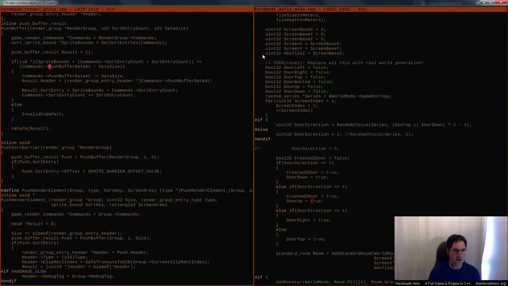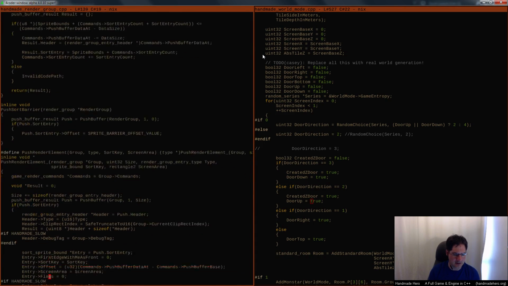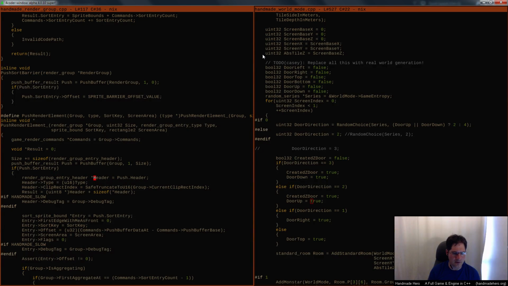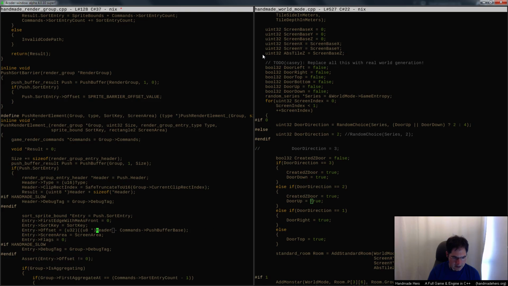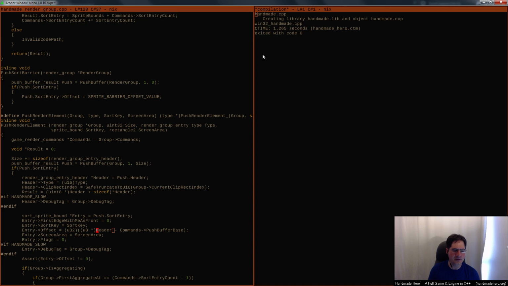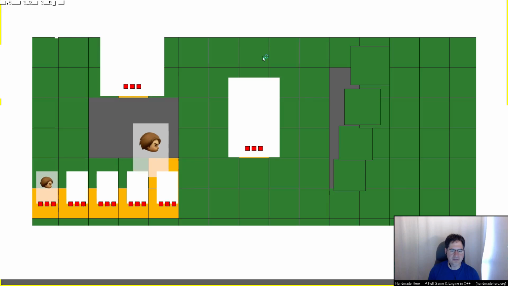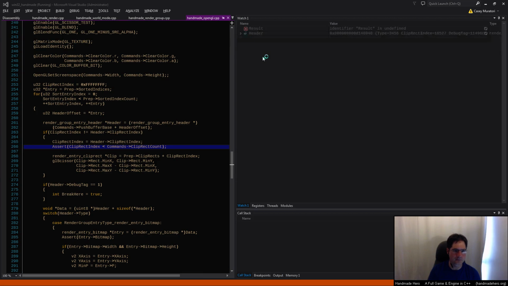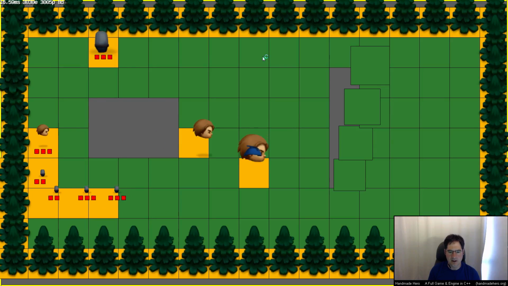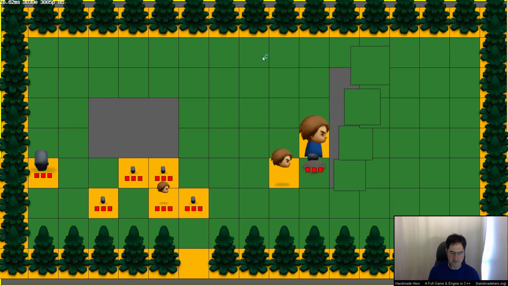So in here, we have the... In fact, you know what? Now that I think about it, what we really want to do is say where the header actually is, right? That's what we're trying to point at anyway. So let me just do this. I mean, that's what we actually wanted. Now, I think those are the same thing, so this shouldn't change anything. We should see the same behavior. But that's what I want to start with, certainly, and so that's the baseline.